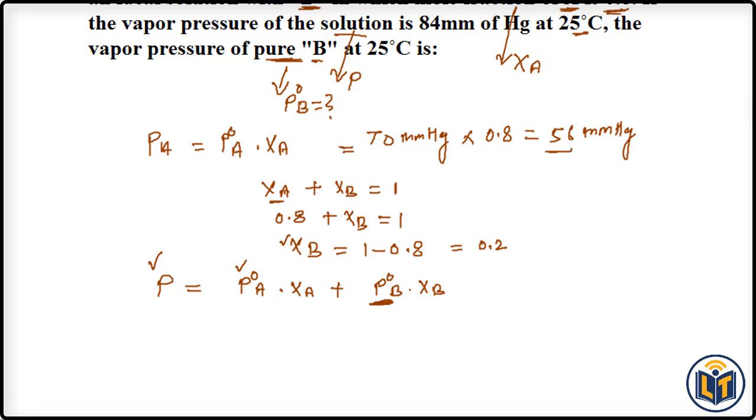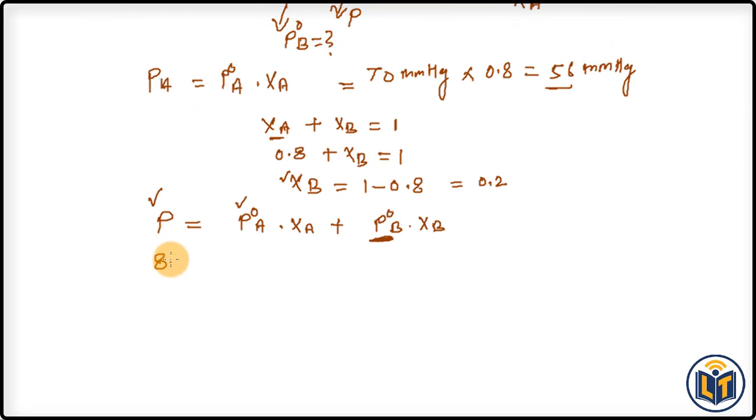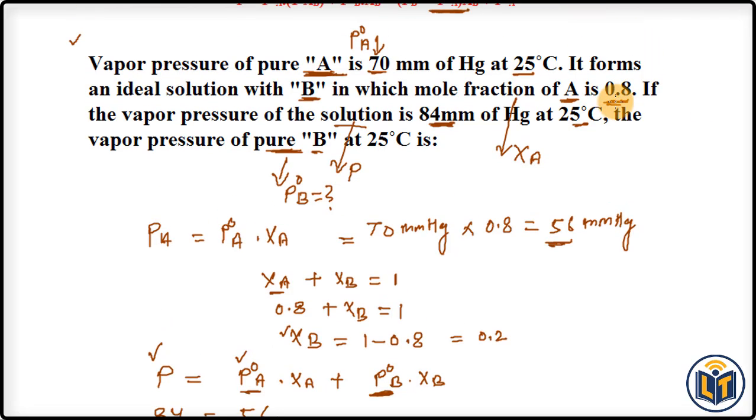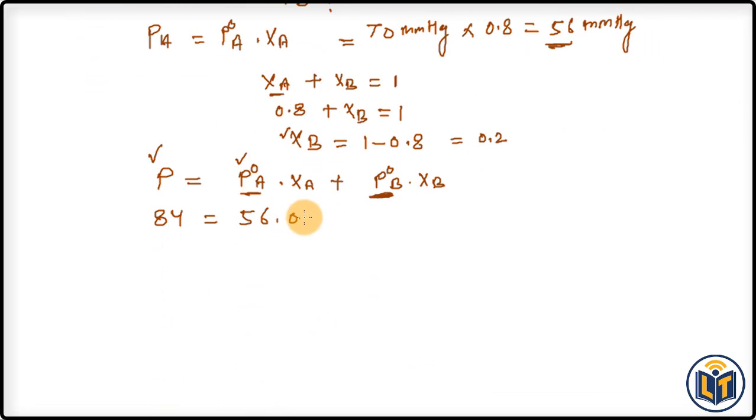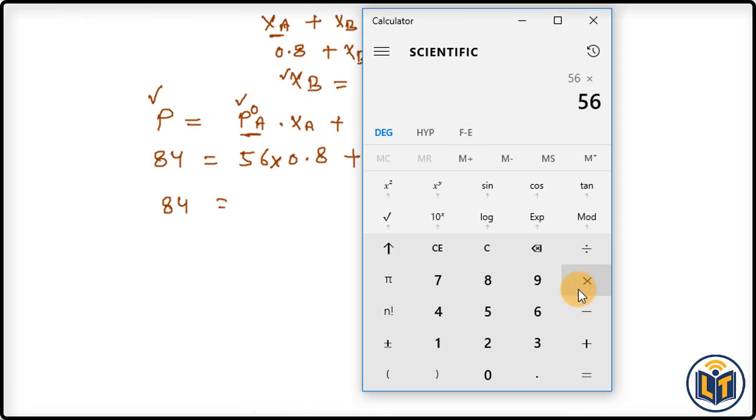Now let's plug in the value. Here we have the vapor pressure of the solution, 84 mm of Hg. Here we have 84 is equal to the P naught A value, 56, into XA, the mole fraction of component A, 0.8, plus P naught B multiplied by XB, that value we have got, 0.2. Now we can do the calculation. Here we have 84, and we can multiply these values. Here we have 56 multiplied by 0.8. The value which we get is